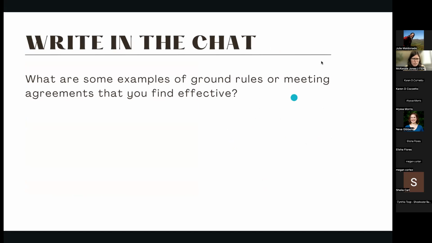So what are some examples of ground rules or meeting agreements that you found effective? If you wouldn't mind putting them in the chat. An example that I always like